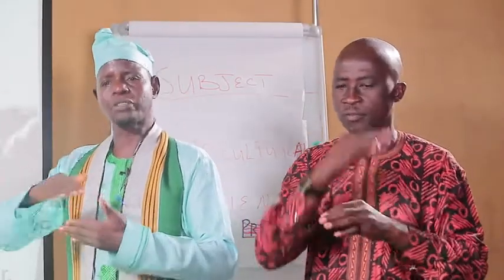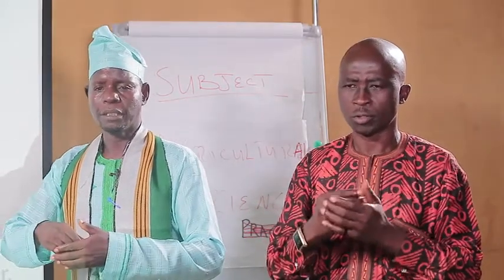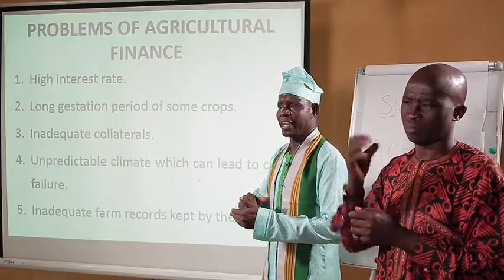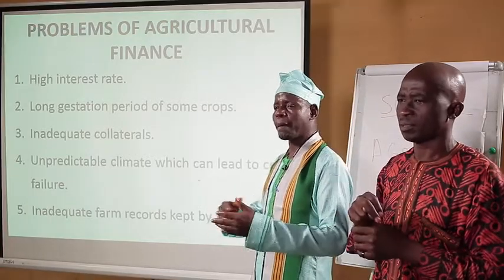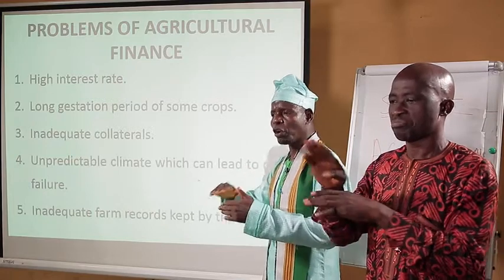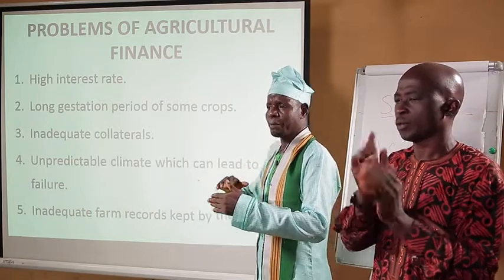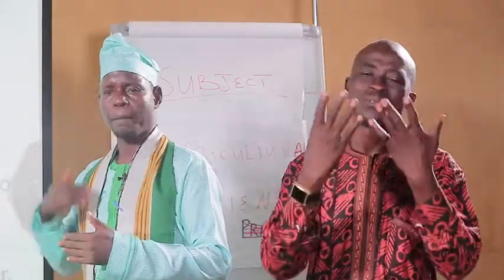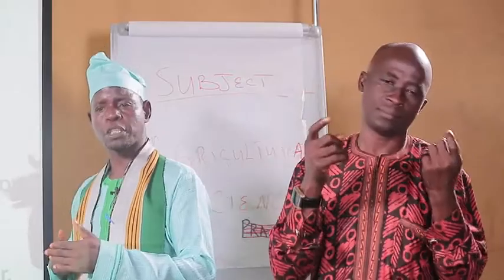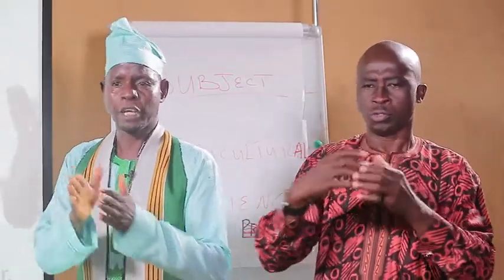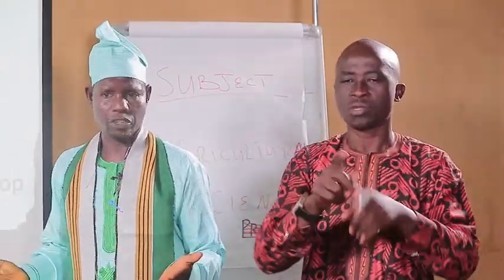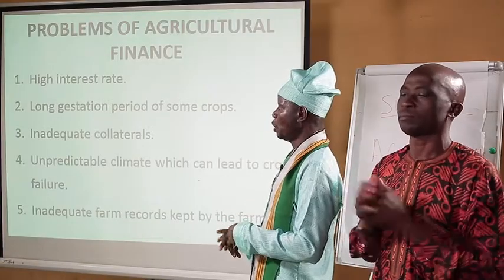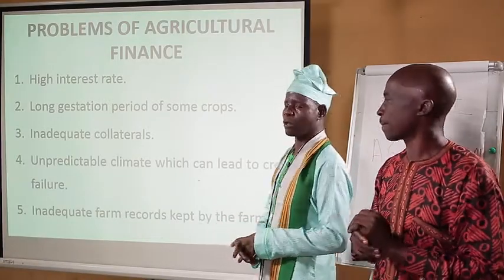Especially commercial banks, they charge high interest rates. Imagine the calculation we made. 10% of 500,000 naira is 50,000 naira. But commercial banks will charge close to 30% or 40%. How much will the farmer pay back? The money will be close to the capital he obtained as loan. He will be discouraged.